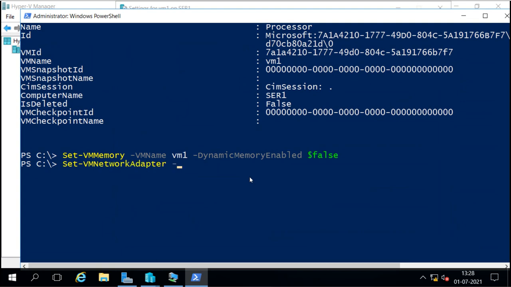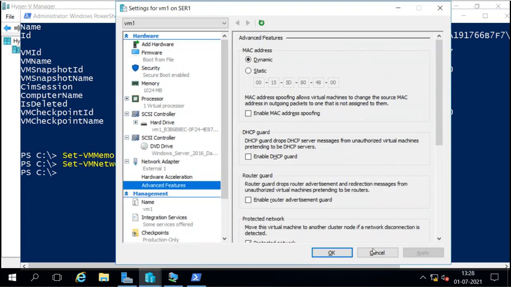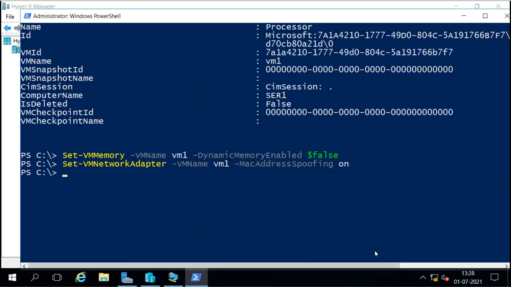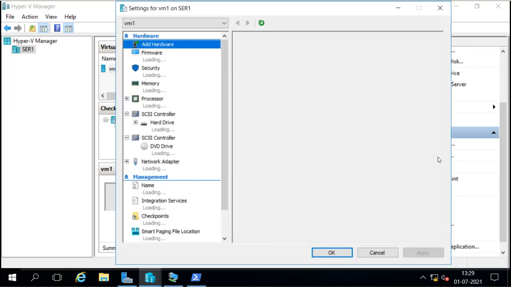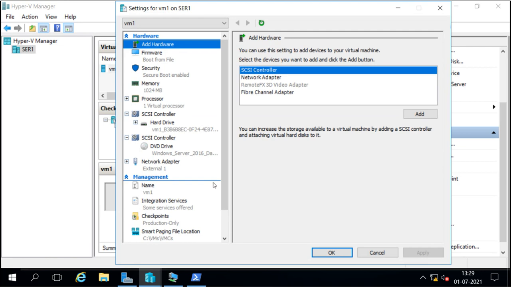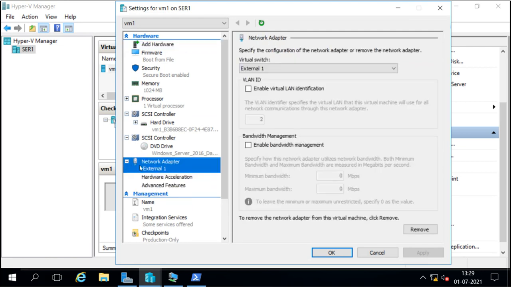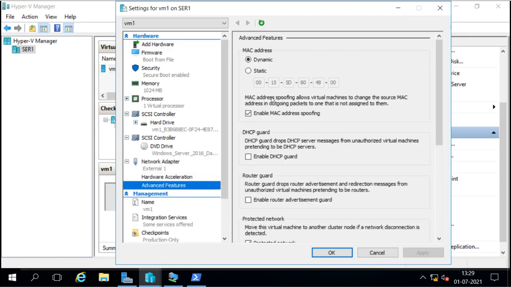VM name is VM1, and MAC address spoofing we can set it on. Now it is on. We can verify from here. We have to restart it again. So I'll go to settings again, network adapter, advanced features, and we can see it is enabled here.